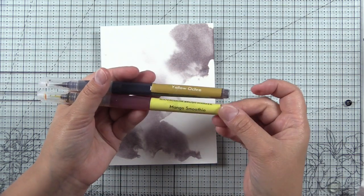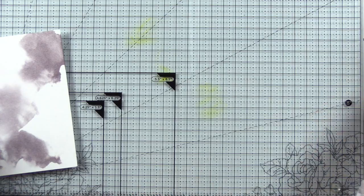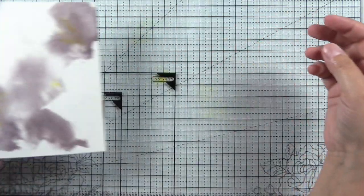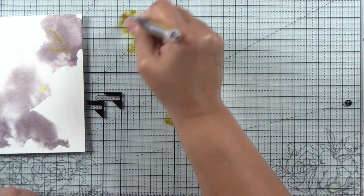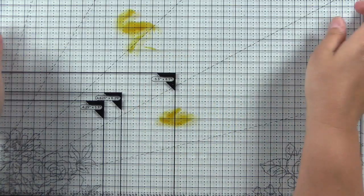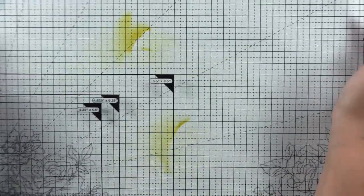Once I have that dry, I've picked out the yellow ochre and mango smoothie. These are also from the Autumn Harvest set. I'm just going to spray that with water. I'm not going to use the iridescent ink spray or add additional of that to the project. And this is the yellow ochre. So I'm going to spray that with water, get it moving by tilting my mat, and then I'll go ahead